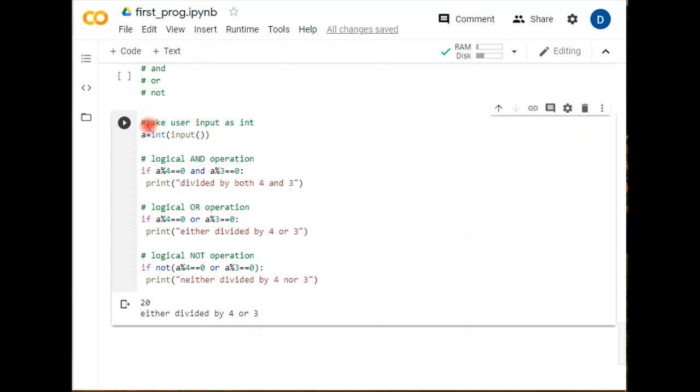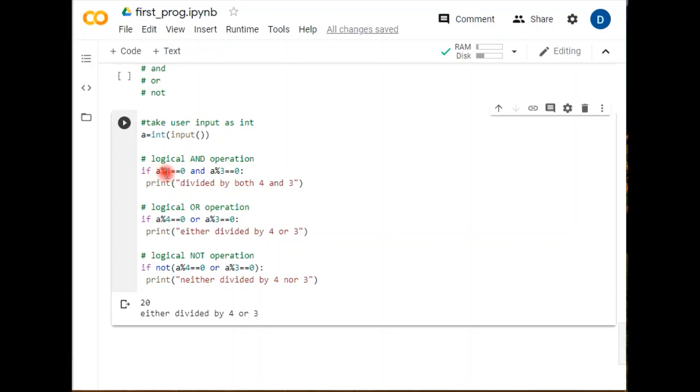So first of all, we are taking user input as an integer. int means the category should only be integer. Input is something we have already talked about in a previous tutorial. If you want the value to be user dependent, you just mention input. So whenever you run this program, it will ask the user to enter their input. Checking condition. Here in this condition, we are using an if statement. The if statement finds the conditions to be checked.